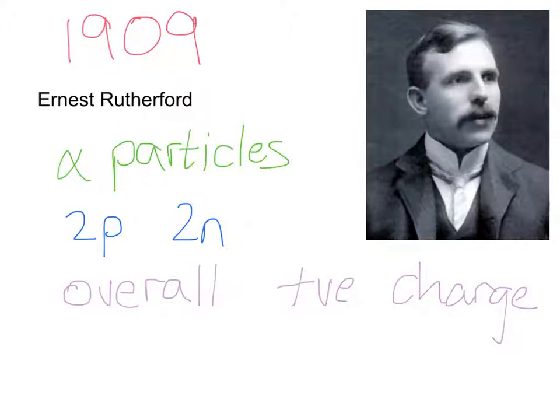Rutherford calculated that a plum pudding atom would hardly deflect any alpha particles at all. The results were astonishing. Most of the particles weren't deflected. However, a small percentage of particles were deflected through large angles, and a very few particles were actually deflected back towards the source. Rutherford commented that it was almost as incredible as if you fired a 15-inch shell at a piece of tissue paper and it came back and hit you. From these observations, Rutherford calculated that an atom's positive charge must be concentrated into a volume much smaller than the size of the atom itself.